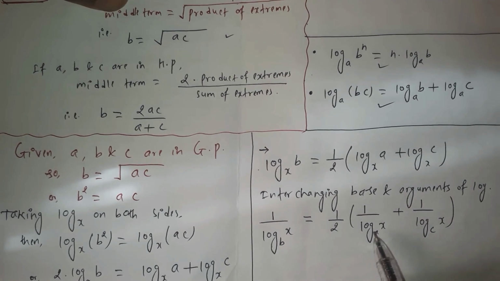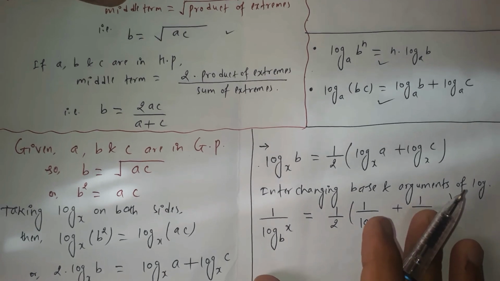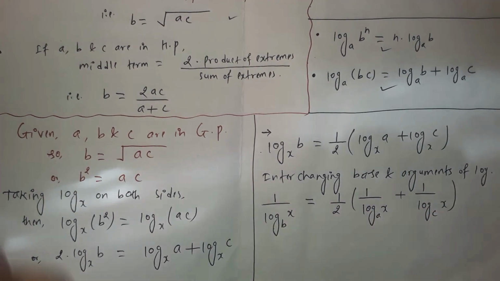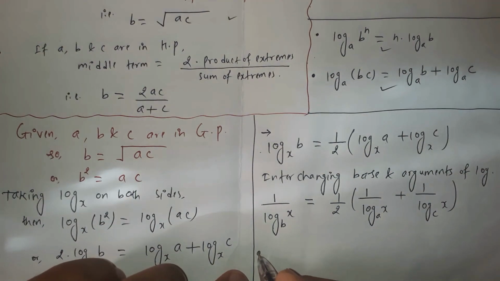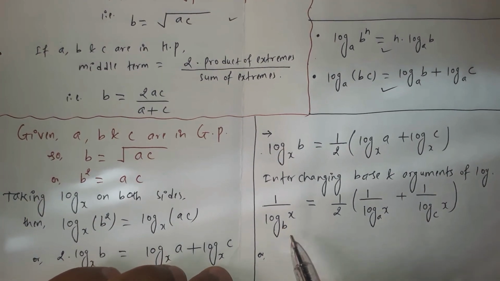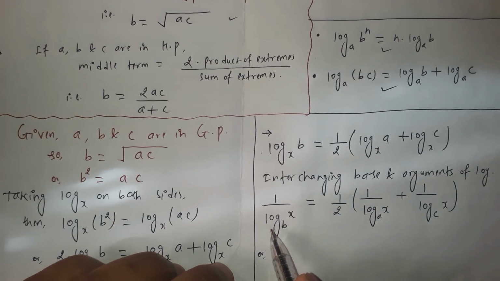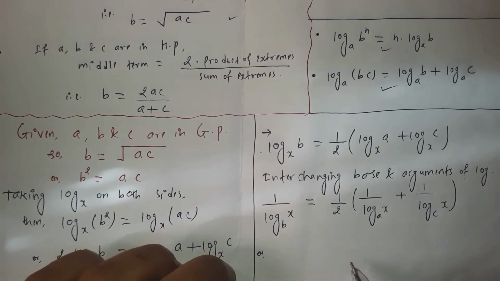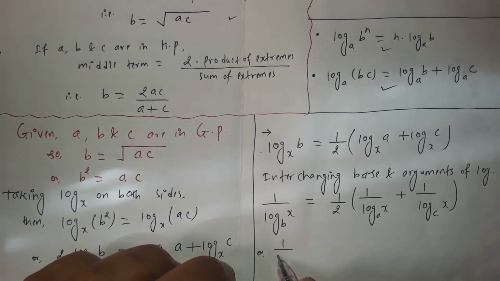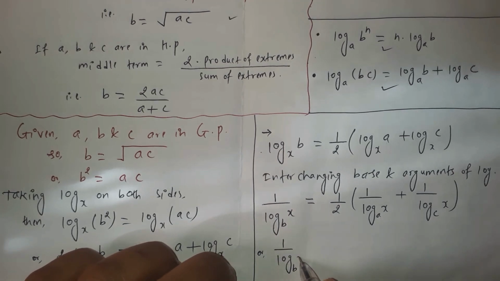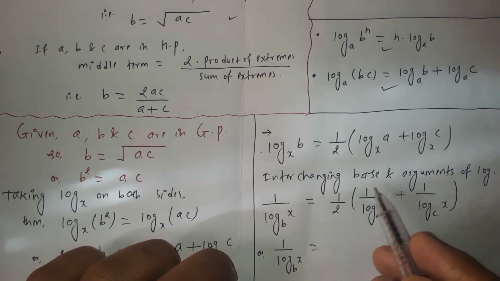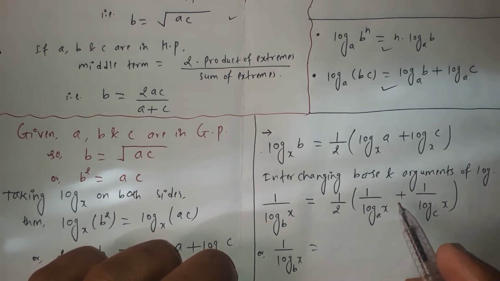because in our questions all the numbers a, b, c are in the base of the logarithm. So here we make the numbers a, b and c which are present here the base of the logarithm. So this can be further simplified as, now calculating the value of the log with base b of the x. This can be written as 1 over log with base b of the x is equal to, here inside this parenthesis we can add the fractions by taking the LCM of the denominators.